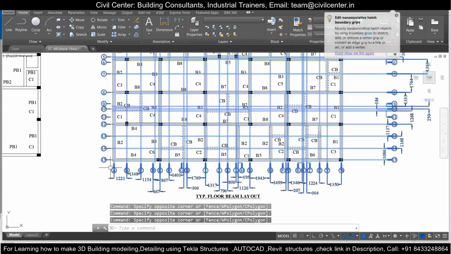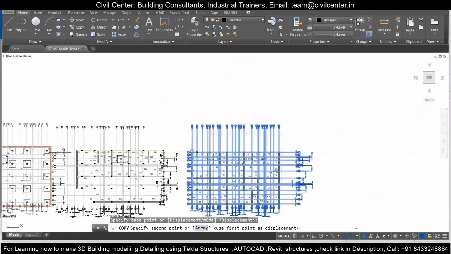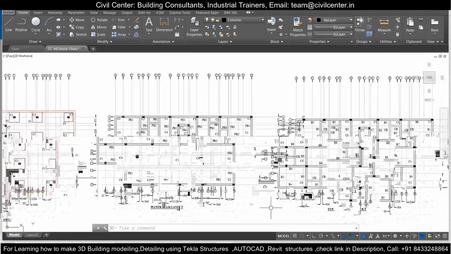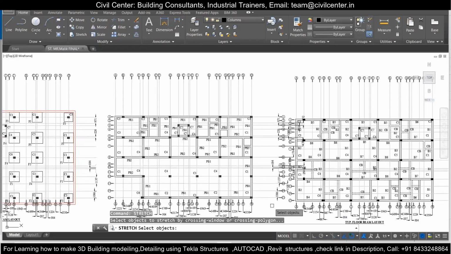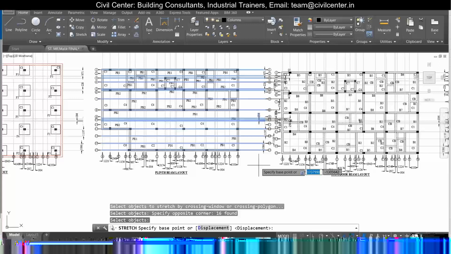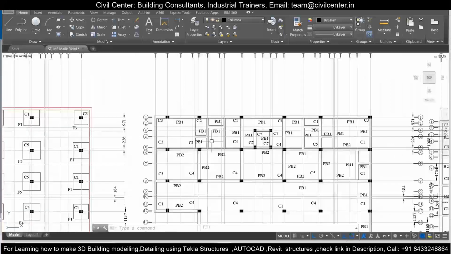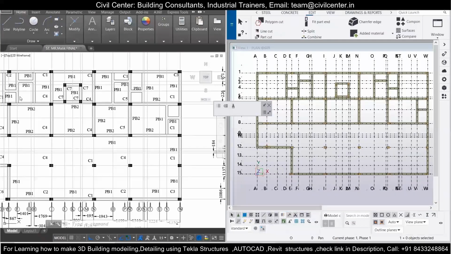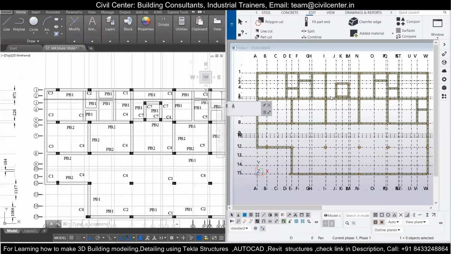Let's first copy the whole grid line from here and bring it to the plinth beam. This is the correct way of doing that, and now I can simply use this to fix the errors in the modeling of the plinth beam. Now I will open up Tekla Structures and parallelly open two windows. One will be AutoCAD, where I will see the structural drawing, and the second will be Tekla Structures. Now you can see I have the grid line same as the center line in my structural drawing, and I can simply fix all the beams.